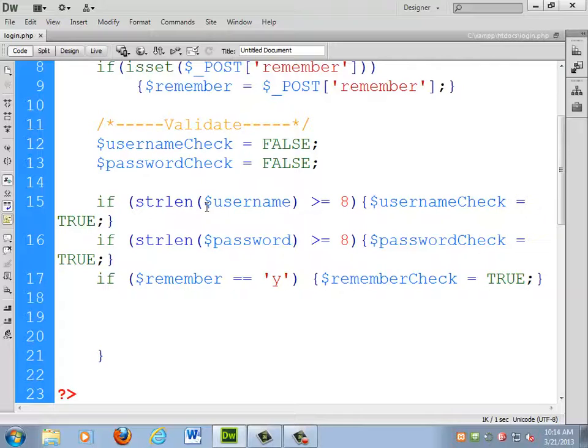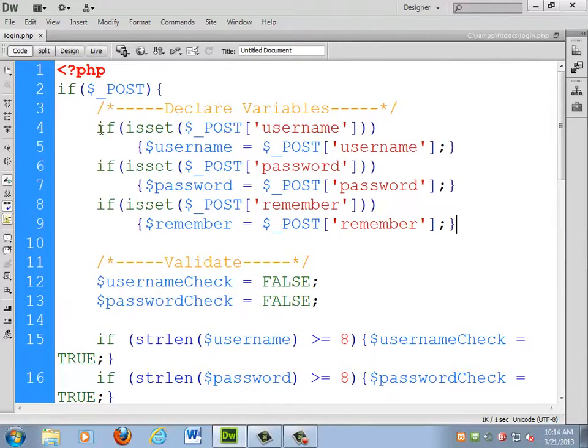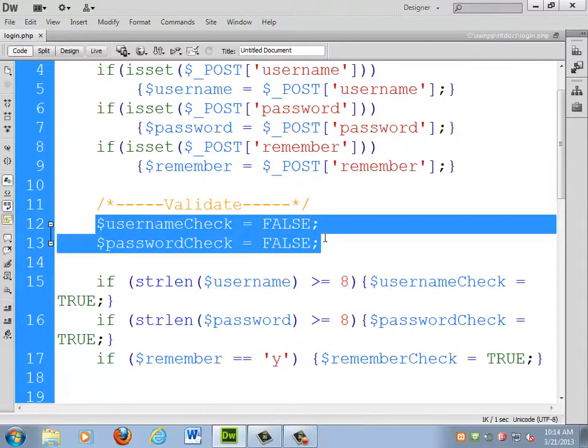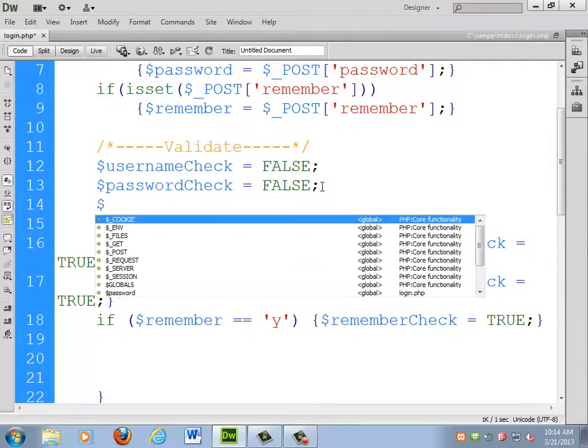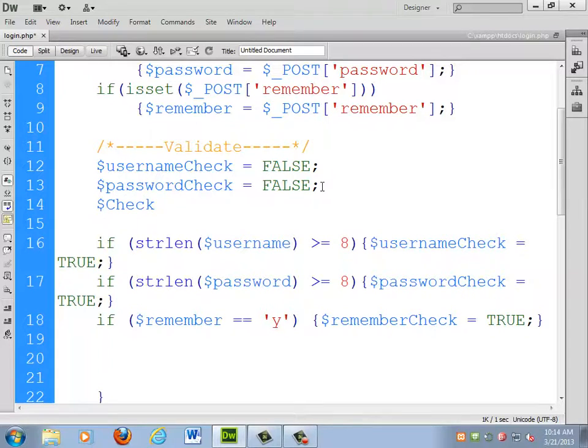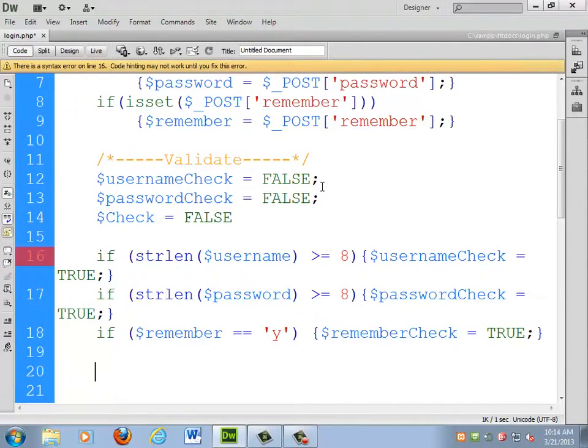A little bit easier to see. So I declared some of these variables that got nice little if statements on them. The username seems to be working. We'll check and see what's going on here. I can do one last overall check, if